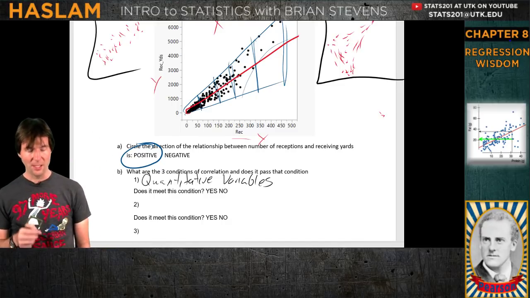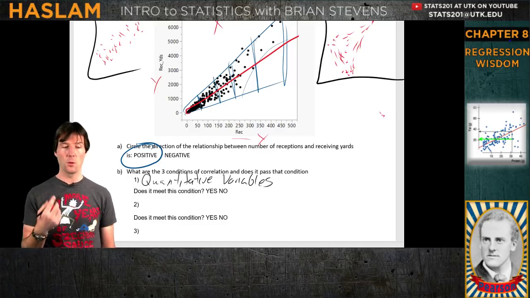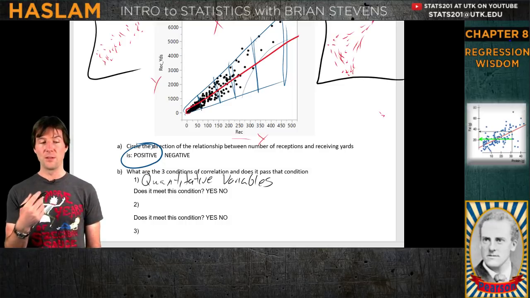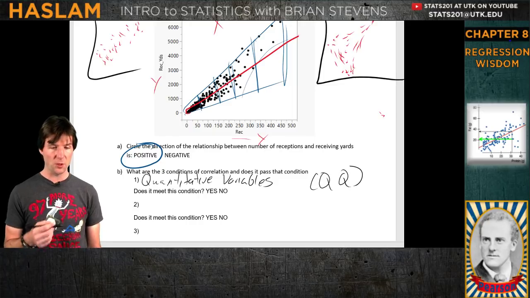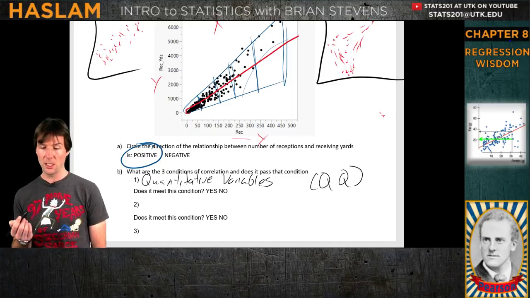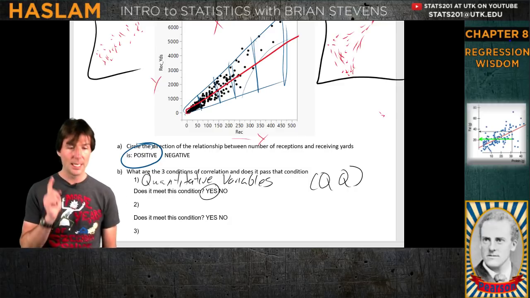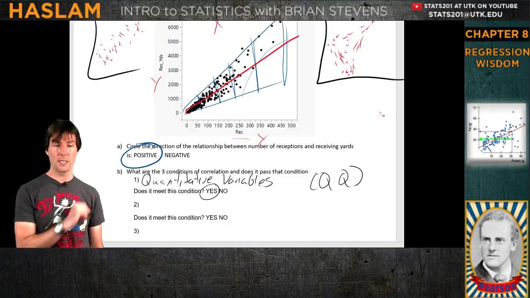Is this condition met? Now, by virtue of this being a scatter plot, receivers is a quantitative variable. Receiving yards is a quantitative variable, which is why I call it QQ. You ever wonder why it's called QQ? At least in my mind, it's that both variables are quantitative. I call it QQ because it's 2 quantitative variables. So the answer is most definitely yes, this is met. And the reasoning would be it is 2 quantitative variables.